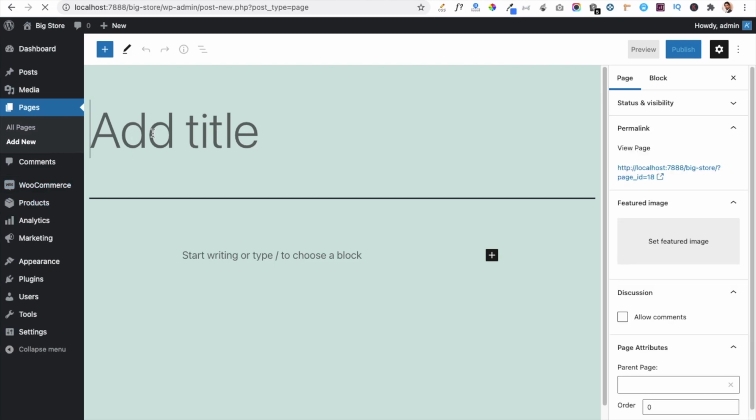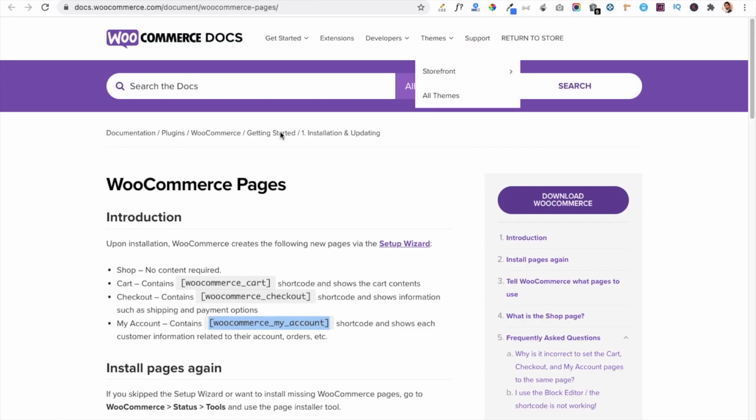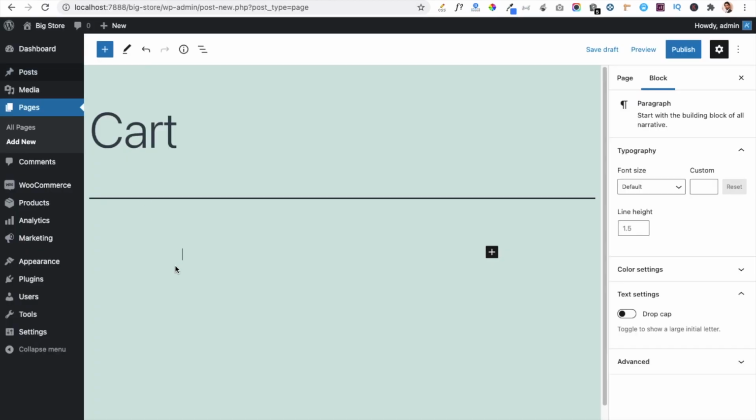Give it the name cart, and in the description section you have to put the shortcode of cart. We will navigate to the WooCommerce shortcode page, and here you can see this is the shortcode of the WooCommerce cart. Just copy this, put it in the description section of your cart page, and click the publish button.